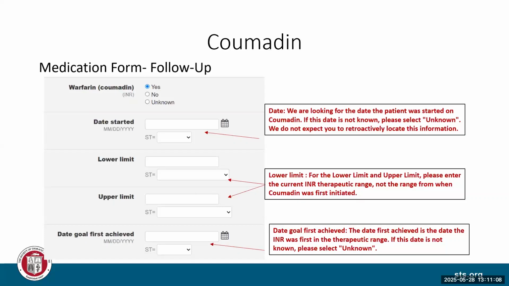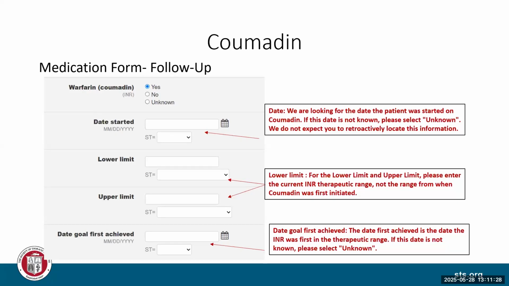Okay, so just stopping there for a second. I just went back to the form so everybody can see the fields. So if the limits are changed, we definitely want to know the current lower and upper limits during this follow-up. The date the goal was first achieved,